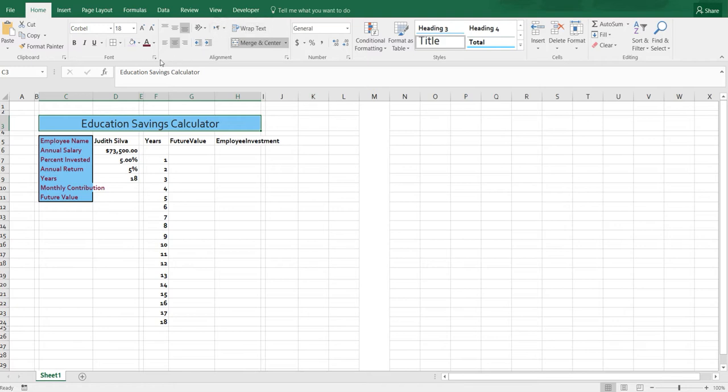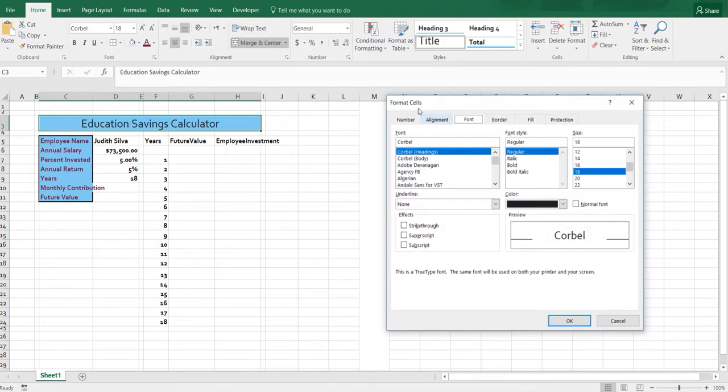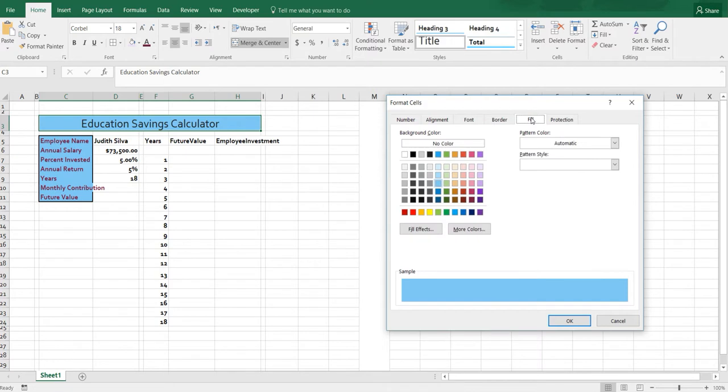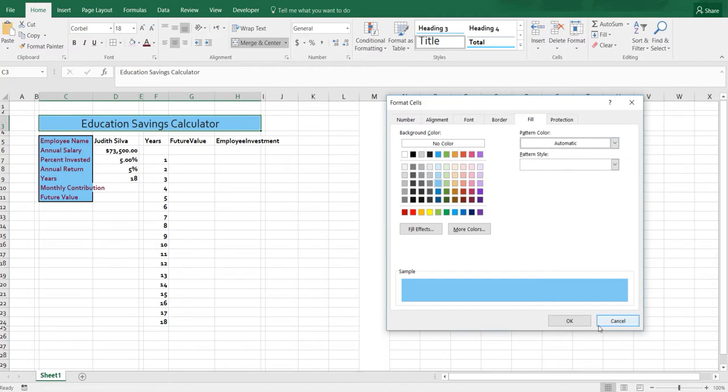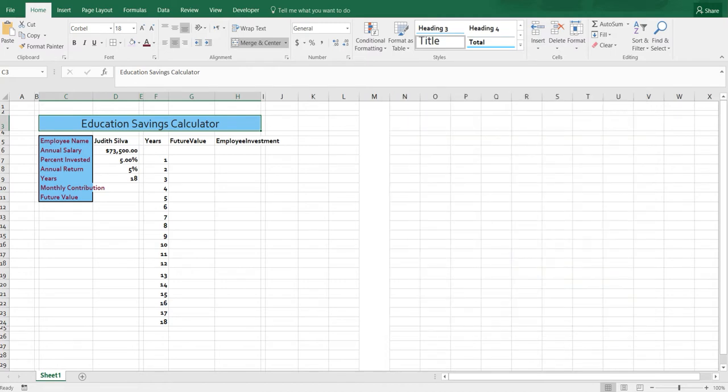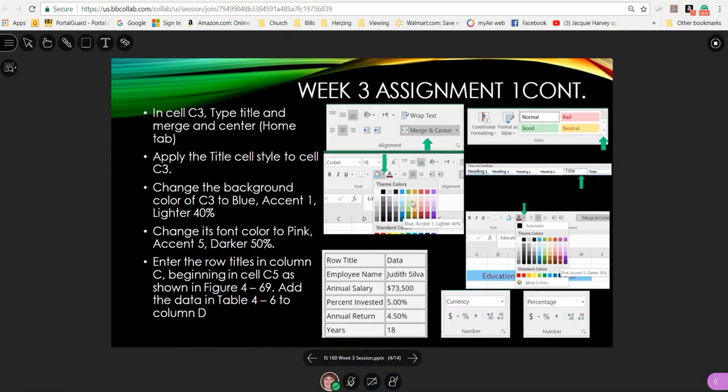And then to do the background, again it's in the format cells, it's the fill. And here's where you check your color. So it wanted blue accent 1. But you see the tooltip, that's how you choose which color you get for the background, and that's how you do the backgrounds. Now in that same